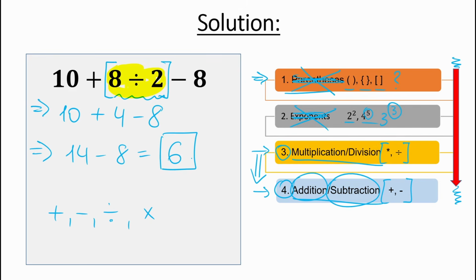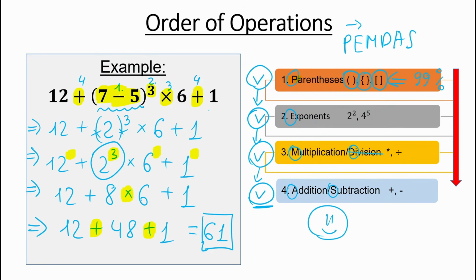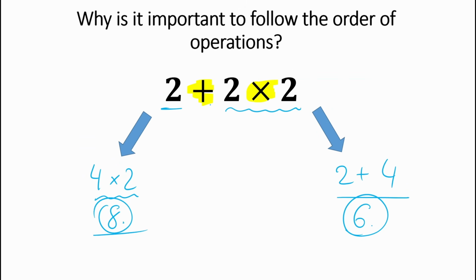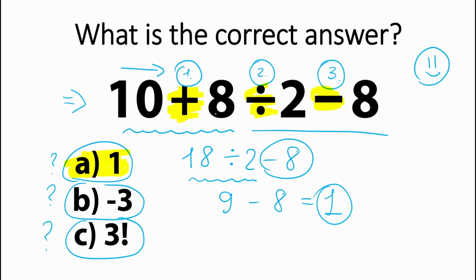So we have 6. Let's go to the beginning. So our correct answer is 6. Here are our steps right here, and here is our question from the beginning, and we had 6. And right here you can easily see that in the beginning we thought the correct answer maybe is 1. We need to go from left to right, but as I said before, according to PEMDAS, the correct answer